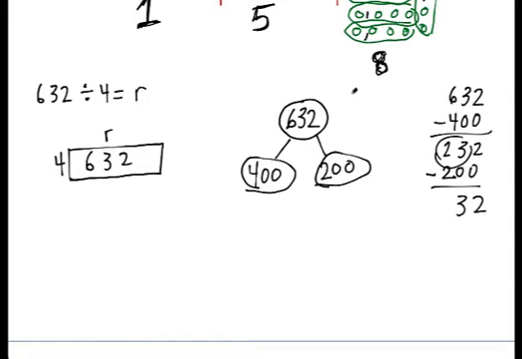And you should know that 32 is a multiple of 4. So that is all going to work out nice and pretty. So this is how I'm going to break up my area model with this bond. Remember, if you add all these numbers right here back together, 400 plus 200 plus 32, we get back to 632. Why did I break it up this way? Because these are all easy multiples of 4. So let's go back to my area model, and I'm just going to break up 632